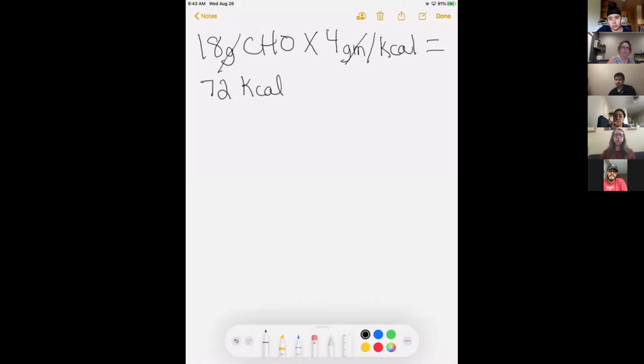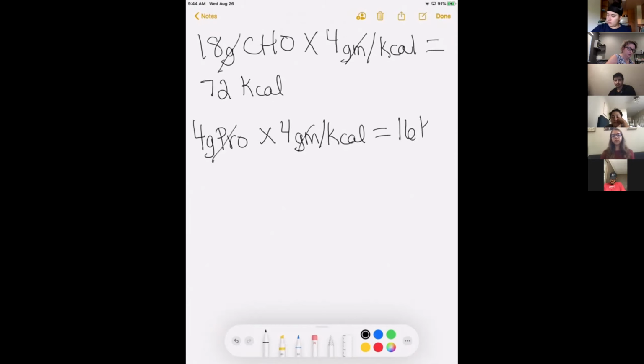from the carb. Now, what do we have to solve for next? We can solve for protein. So what was the amount of protein? There were 4 grams of protein, and just like carbohydrate, protein is abbreviated pro. Now I'm going to multiply by the same number, 4 kcals per gram of protein. What is that going to give me? The good news again is that this cancels the grams, and it leaves me with 16 kcals.